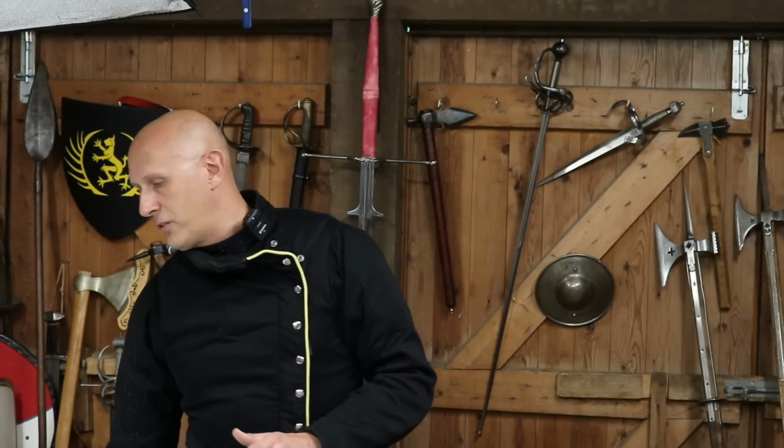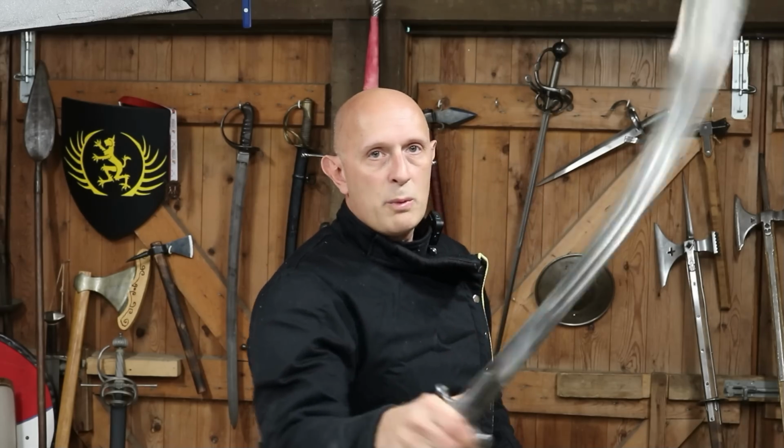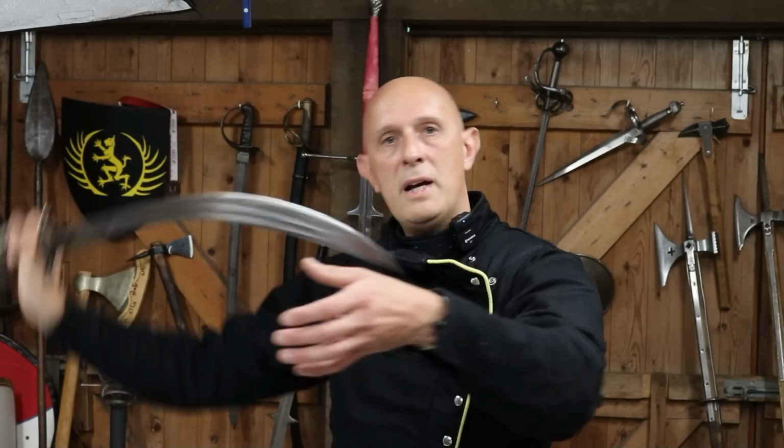Now, you can do these effectively. The edge alignment is more difficult, but you can do it, and people have demonstrated it on tatami mats. And the final one to mention for offending a person's sword arm is if you've crossed their blade, and this is more applicable to curved swords, if you've crossed their blade by inverting the sword this way, you can actually drop your false edge across the back of their sword arm and then do what Waite would call a retrograde cut, a draw cut over the back. But equally, this could also be a push or draw, or it could even be a chop if you've got enough angular